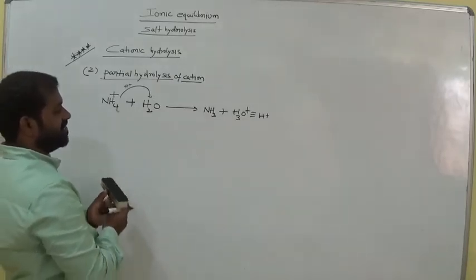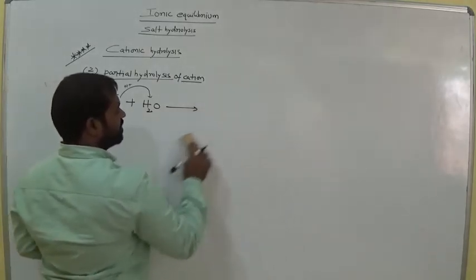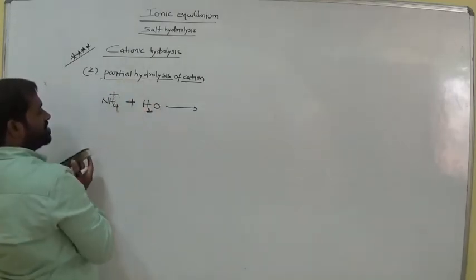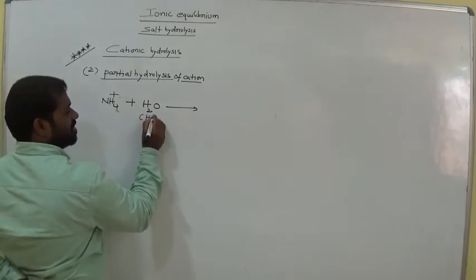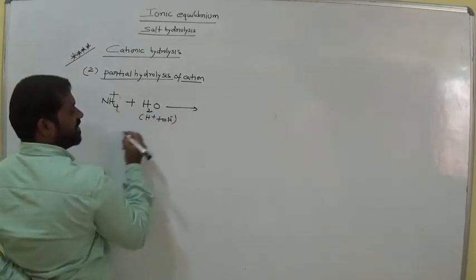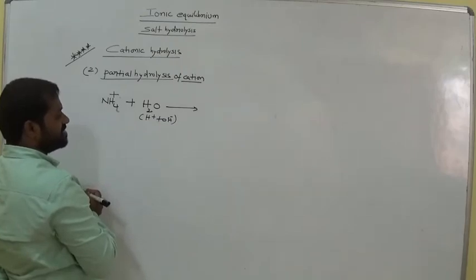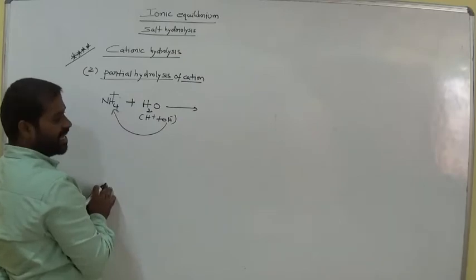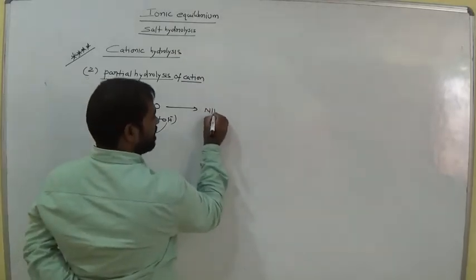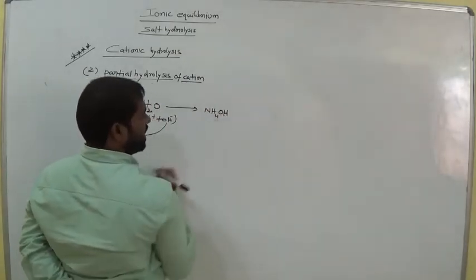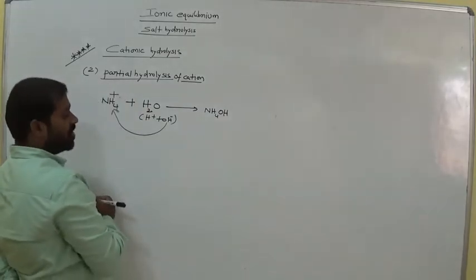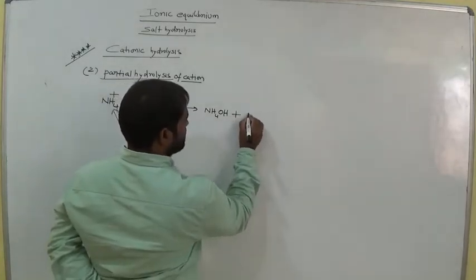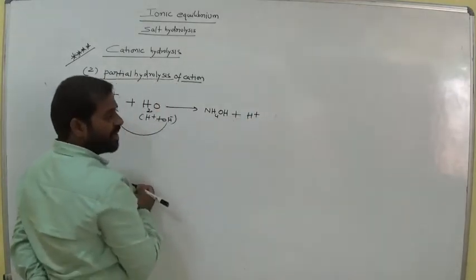So one more explanation for it. We can also explain this. Now simply, the ions present in water are H+ and OH-, am I right? Now this is positive and this is negative. It can move towards NH4+. Now what is the expected base? NH4OH, ammonium hydroxide. Now what is the remaining one? H+. This is acid or not? More H+.